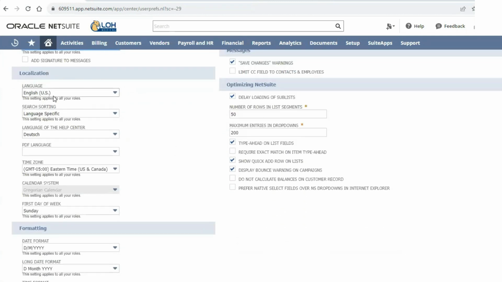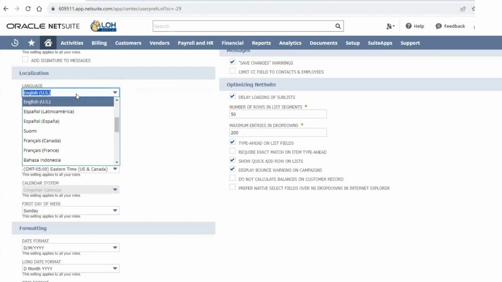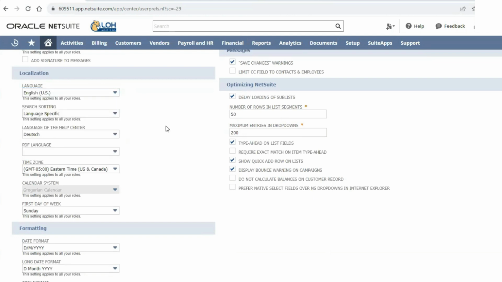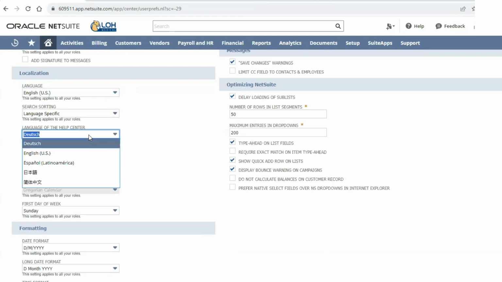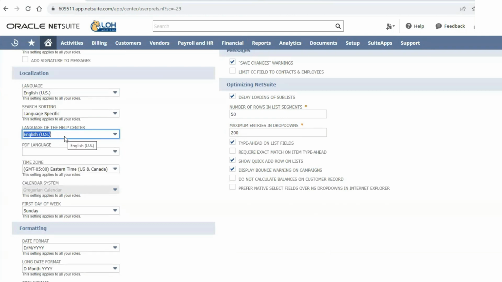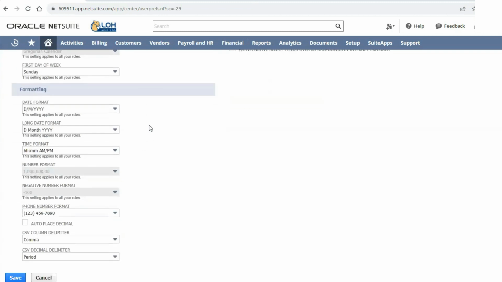So you can set your language. In my case, it'll be English, but you may want to choose Spanish or Portuguese. Language of the help center should also be your preferred language. Here you can select formatting. So you can see that NetSuite default formatting is day, month, year.